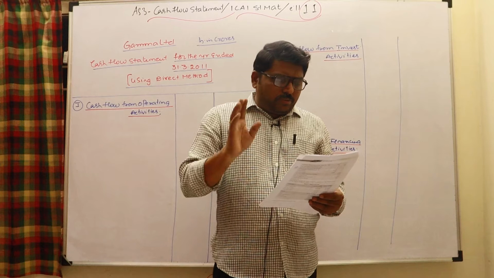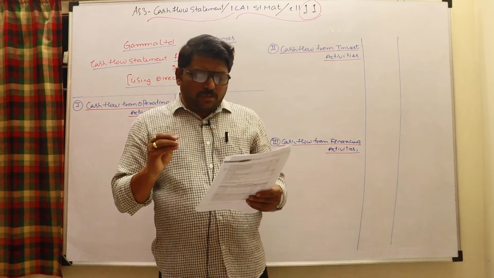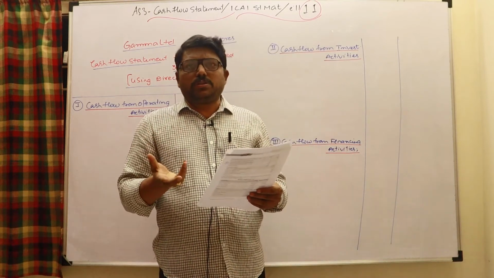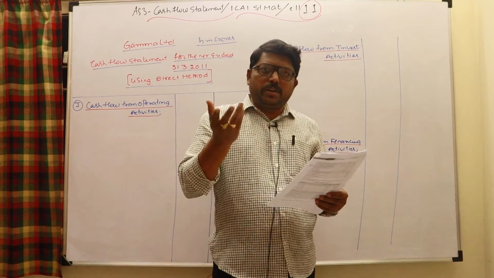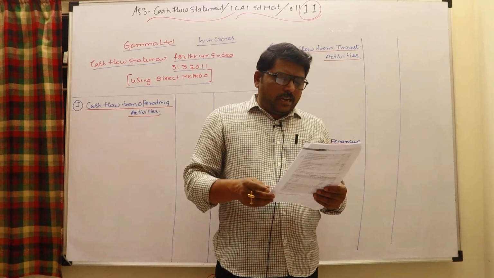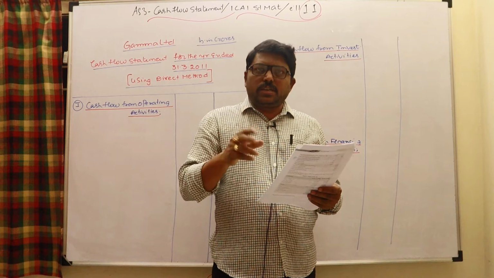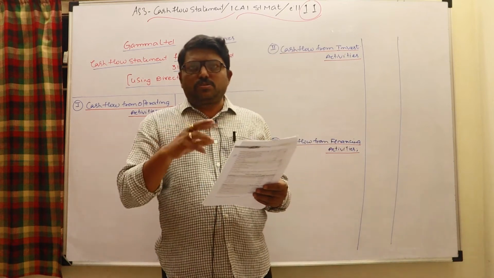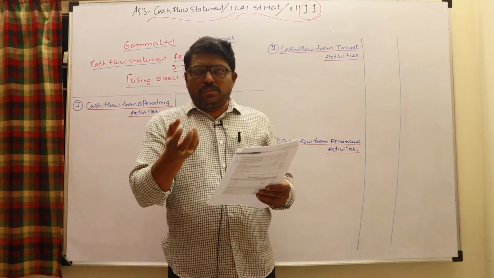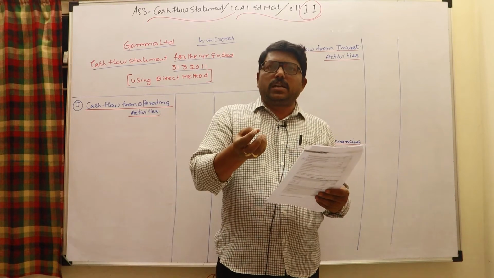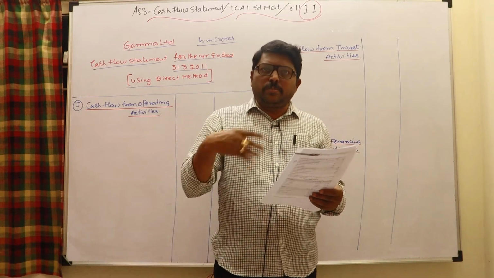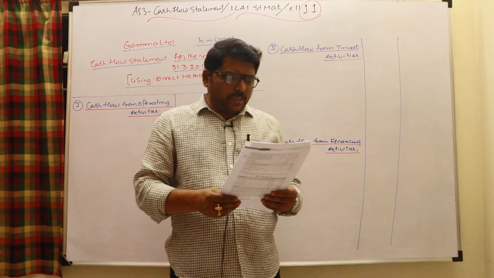Next, purchases 55 crores. Out of that, 80% is on credit basis. Obviously 20% is cash purchases, directly an operating activity. And 55 into 80% is credit purchases, purchase to creditors, which is the creditors generated during this year. For that, opening creditors are added and closing creditors deducted; the remainder is payment made to creditors.